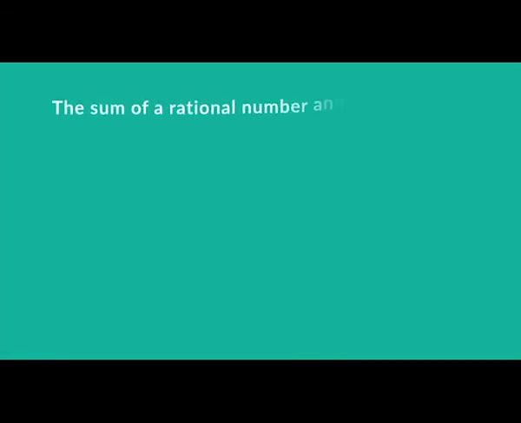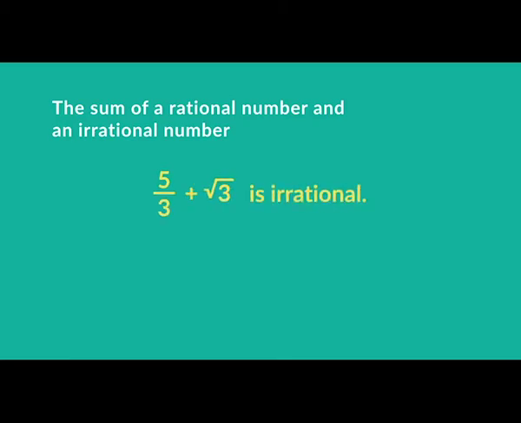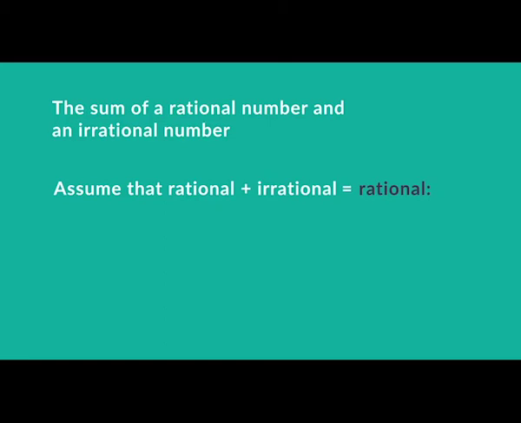What happens when we find the sum of a rational number and an irrational number? The sum of 5/3 and root 3 is an irrational quantity. So can we conclude that the sum of a rational number and an irrational number is always irrational? Let's assume the opposite. That the sum of a rational and an irrational number is also rational. We can write our rational number as a ratio of two integers, a and b, and add an irrational number, x. Then according to our assumption, the answer is also rational, so we can write this as a ratio of